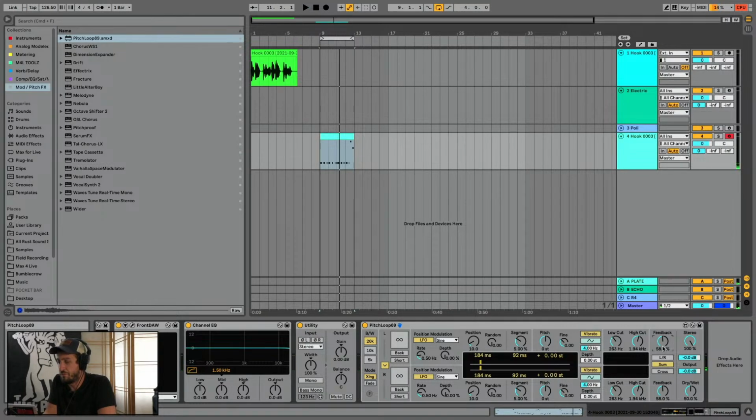Feedback is pretty predictable, but check this out. It's definitely an interesting delay with a lot of character. The interesting part really comes in when we start messing with this position section.